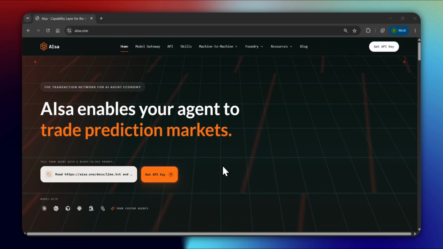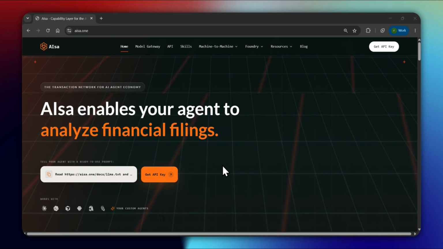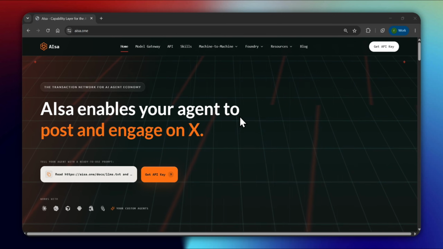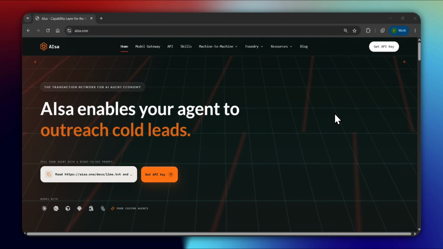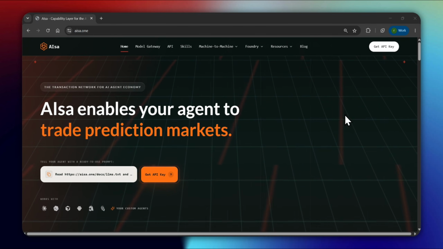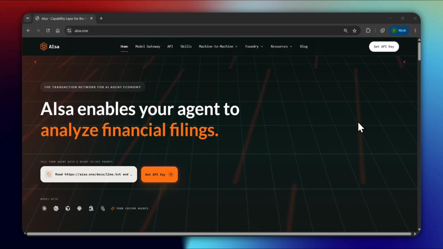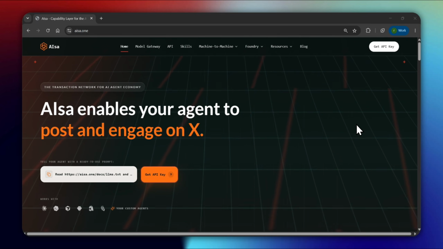In this demo, I will show you how to connect Hermes Desktop to AIsa using AIsa's OpenAI-compatible API endpoint. First, let's understand what Hermes Agent is. Hermes Agent is an open-source, self-improving AI agent. Hermes Desktop, on the other hand, gives builders a local workspace for running and managing agent conversations, while AIsa acts